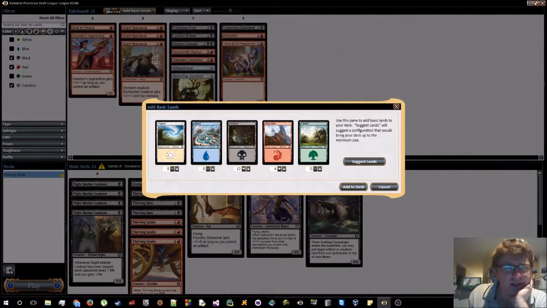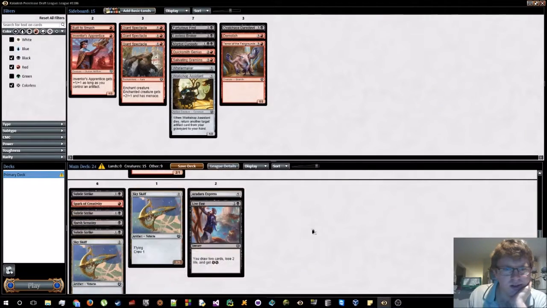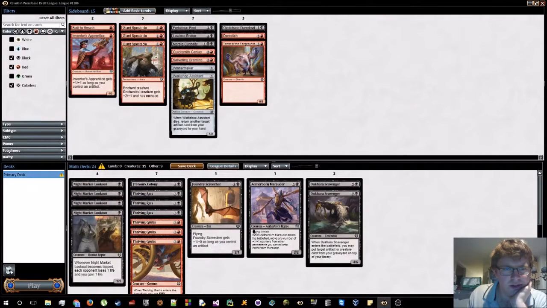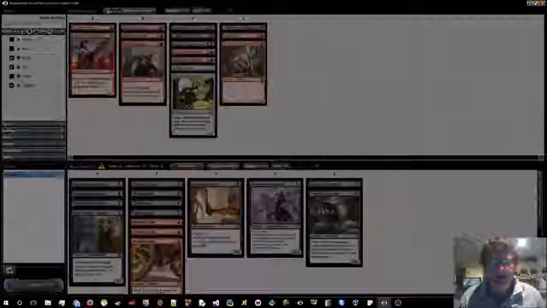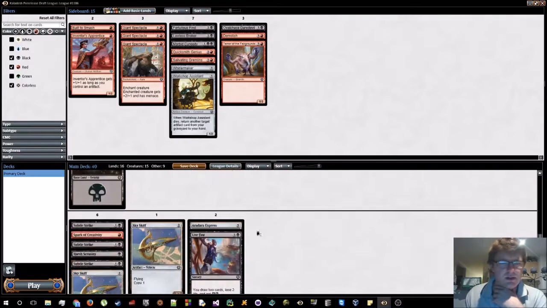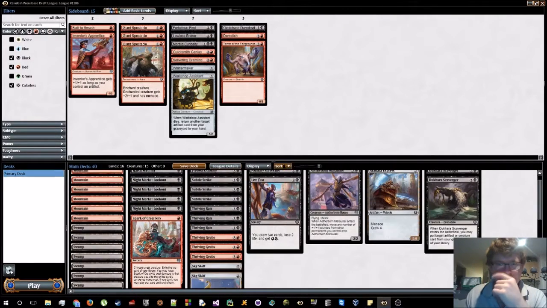Let's add the basic lands. Don't think I have any double blacks. No double blacks, so I think I'll up the red count there a bit from what they suggested. And hopefully we will, so let's just have a look